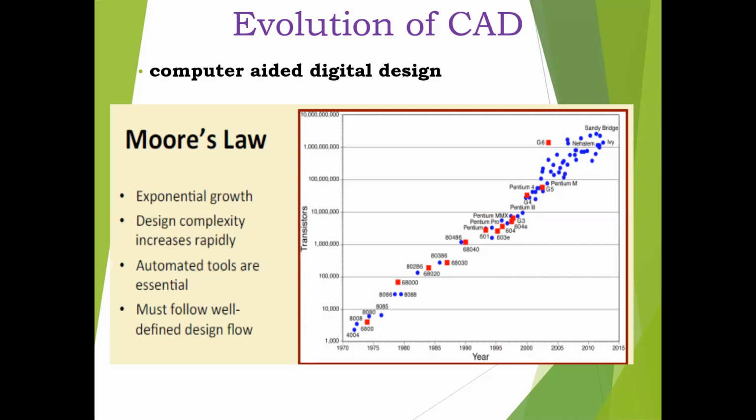In the x-axis we have shown the years 1970 to 2015, and in the y-axis we have shown the number of transistors on a chip: 10,000, 1 lakh, then 10 lakh, million, billions. You will see some names there. These are familiar names you may have gone through. All of these were manufactured by Intel only.